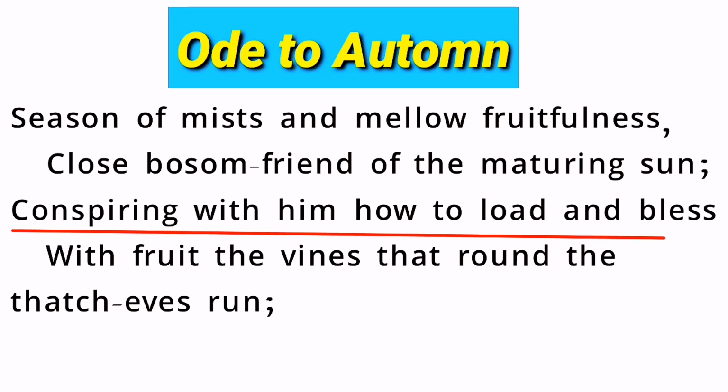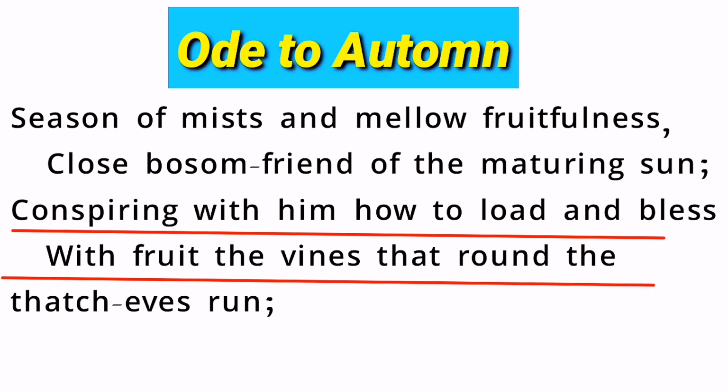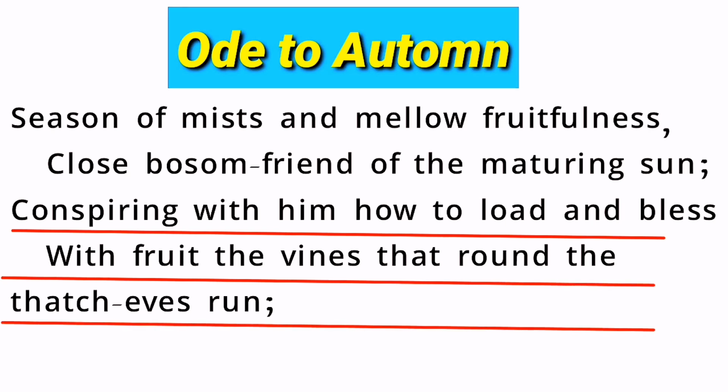Conspiring with him how to load and bless, with fruit the vines that round the thatch eaves run. This line suggests that autumn and the sun are working together to ripen the fruits on the vines. The word conspiring suggests that they are working in secret, while the word bless suggests that they are doing this for a good purpose. The word thatch eaves refers to the eaves of thatched roofs, which are often covered in